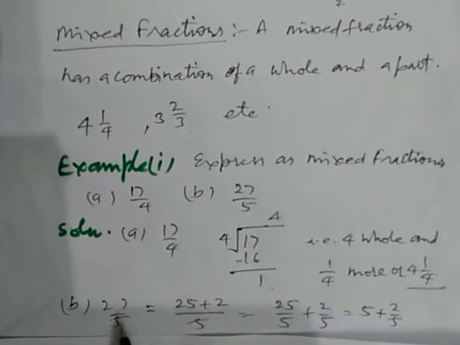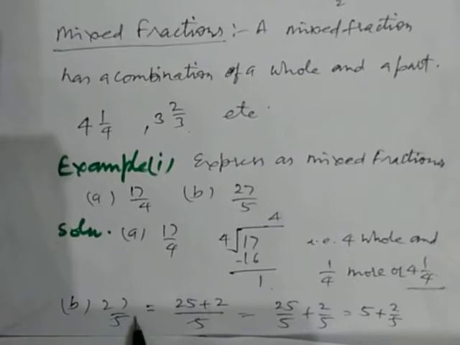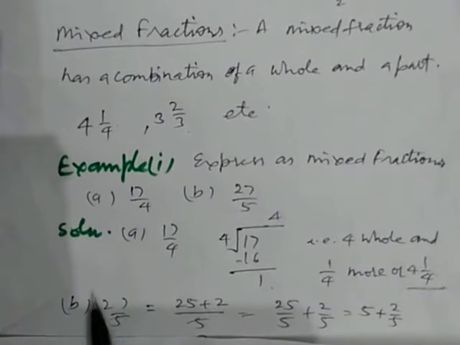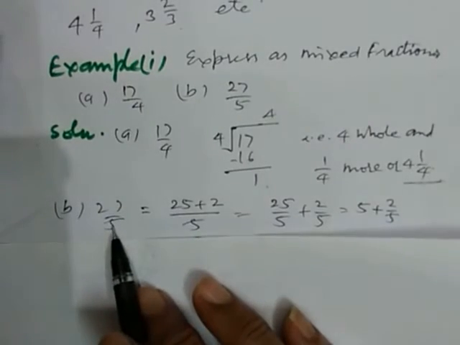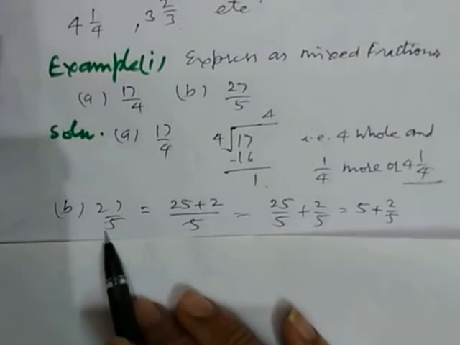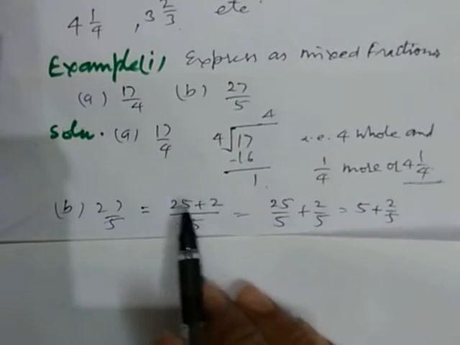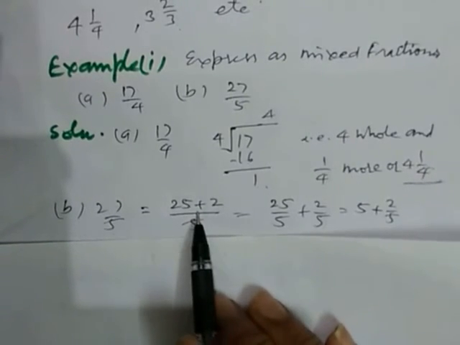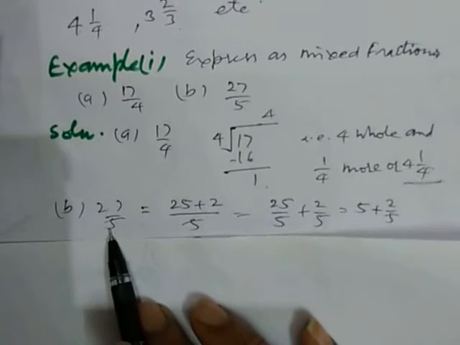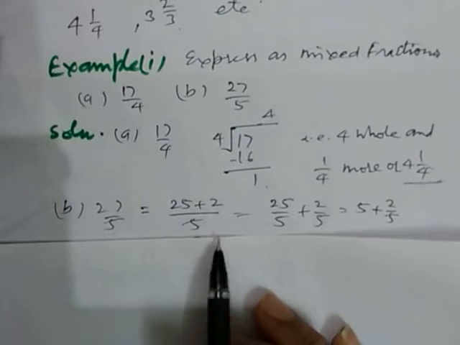Now we present one more method of converting the improper fraction to a mixed fraction. We learn by this example. 27 by 5. So 27 is divided in such a way that one part is a multiple of 5. The one part must be a multiple of the denominator. Here the denominator is smaller, so we make two parts, and the first part is a multiple of this denominator as much as possible.